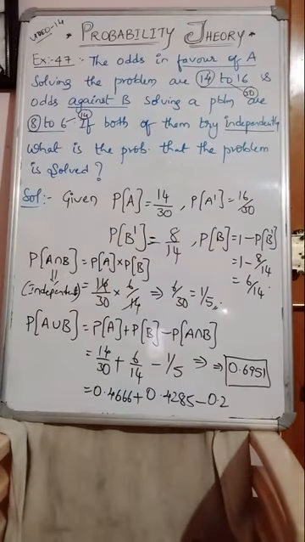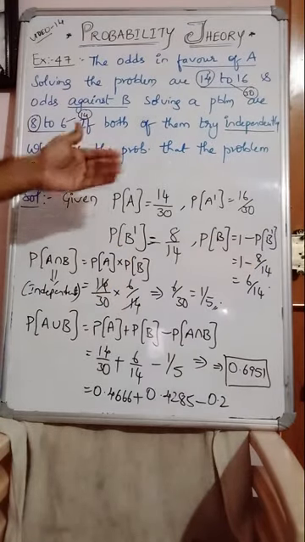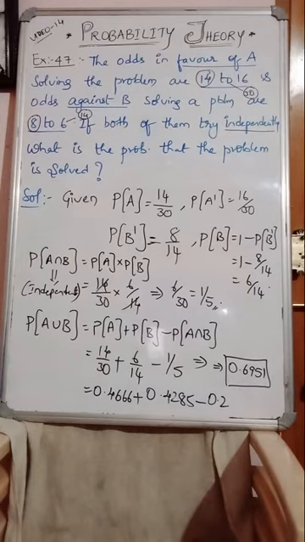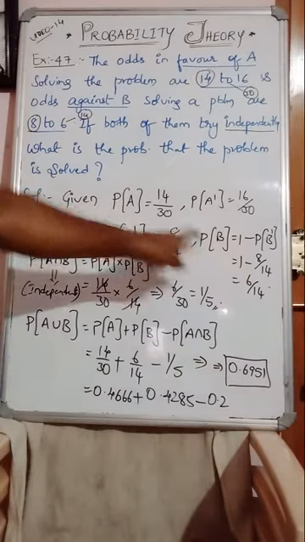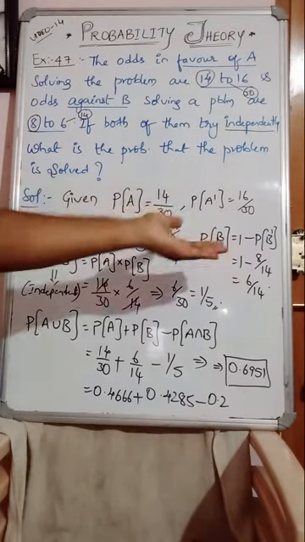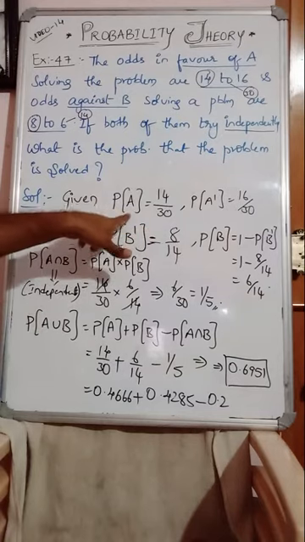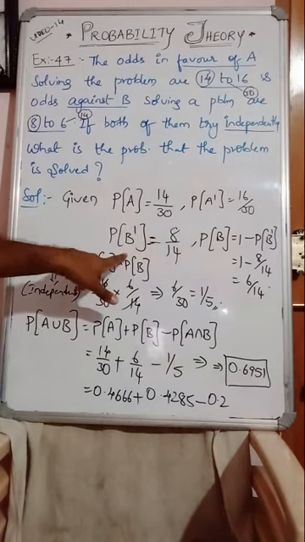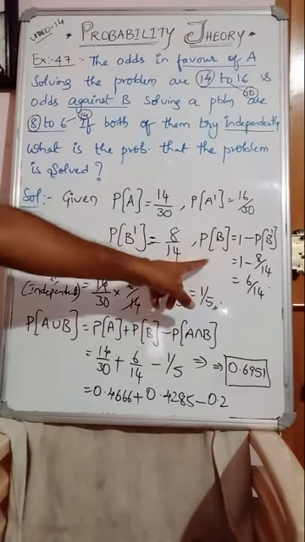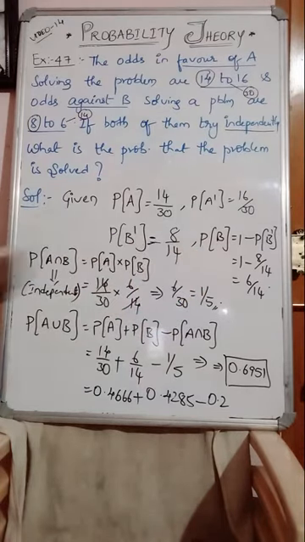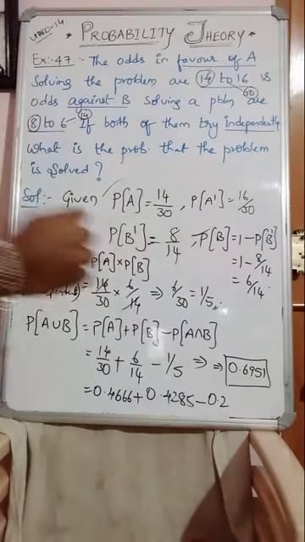But we need not take the against. We have to take only the favor. Right. So P of B dash is given 8 by 14. And then what about P of B? 6 by 14. Now, in both the cases, solving only should take, favor only should take. That's the reason here P of A is favor. Against is given. From the against we calculated the favor. Clear? So both favor. So P of A, this one is needed and this one is needed. That's it.